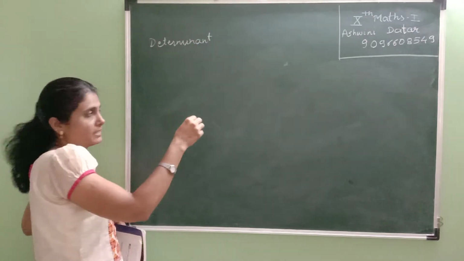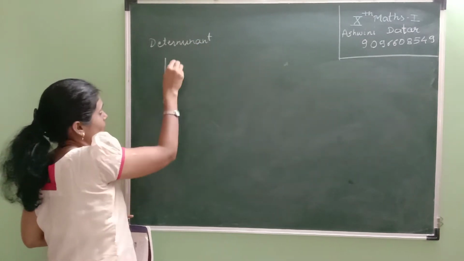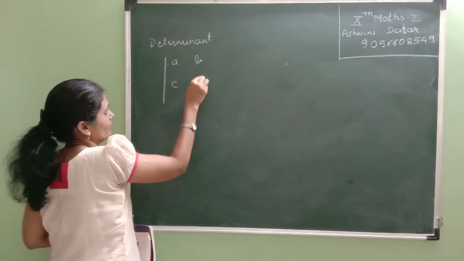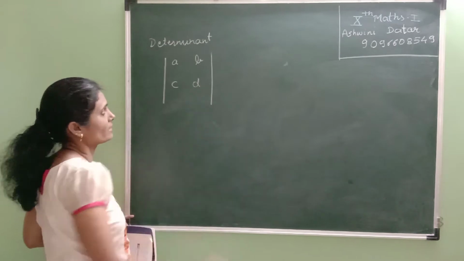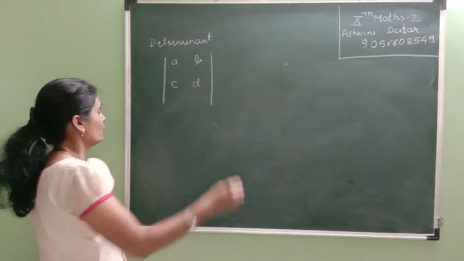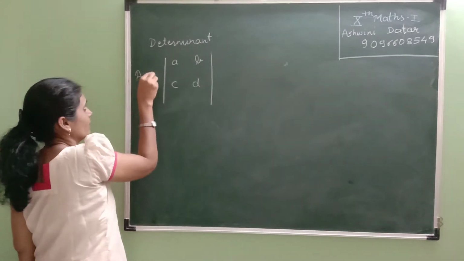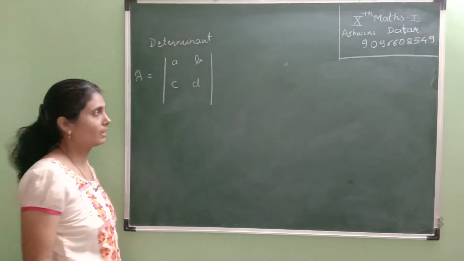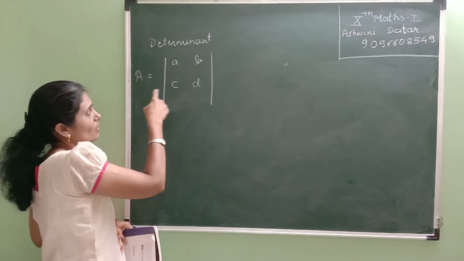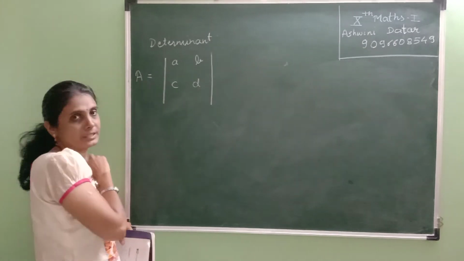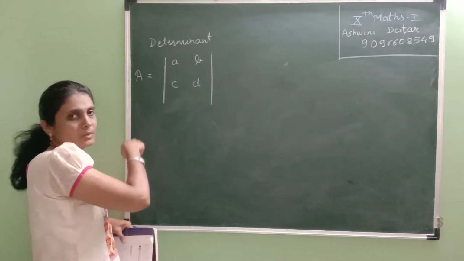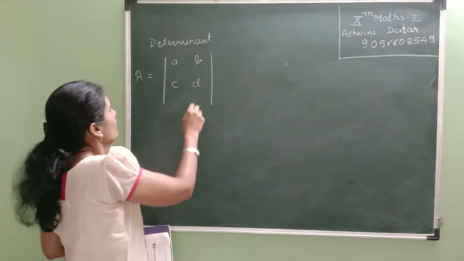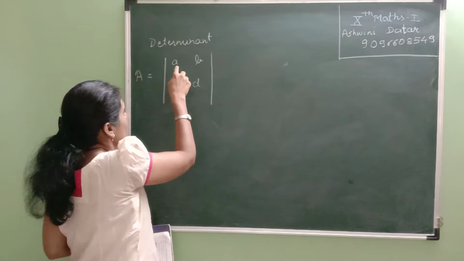and what it represents. The elements in the determinant, this is called a determinant. Usually it is denoted by a capital letter. It could be A, B, C, D up to Z. So this determinant is always denoted by a capital letter, A, B, C, D, or any other letter up to Z.